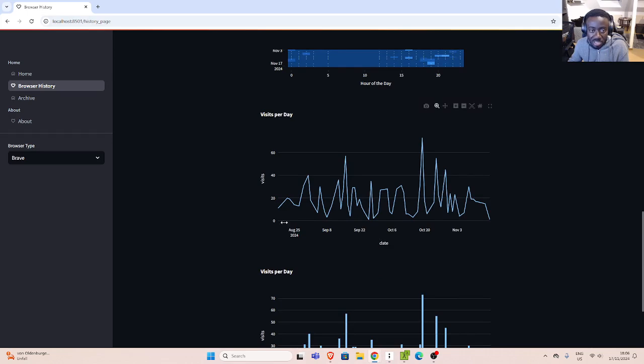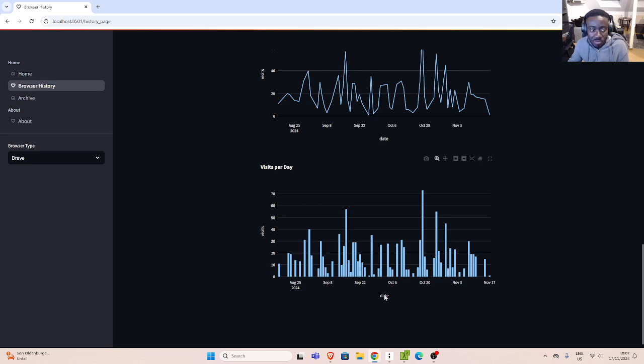you can see my pattern, the visitors per day. So over the month, this is how I visit. And then you can see my trend. Some of these are higher. And you can also see my visits per day in a different approach, right? Very simple, very insightful. So there are so many things you can do with just the data that you get